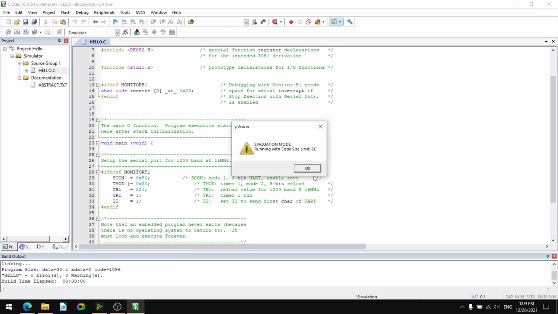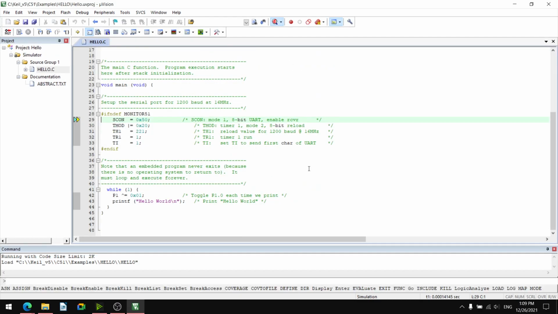So it has given some prompt. I will click okay. It will go into debug mode. In debug mode, there is a facility called Run, F5, start code execution. What I will do is click this start code execution button. That is the run button. I will click the run button.